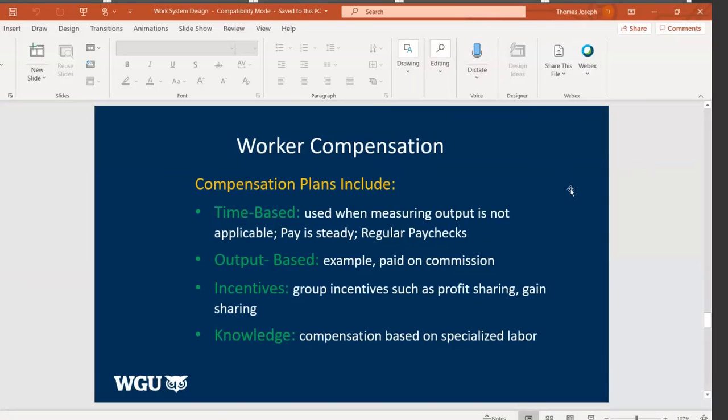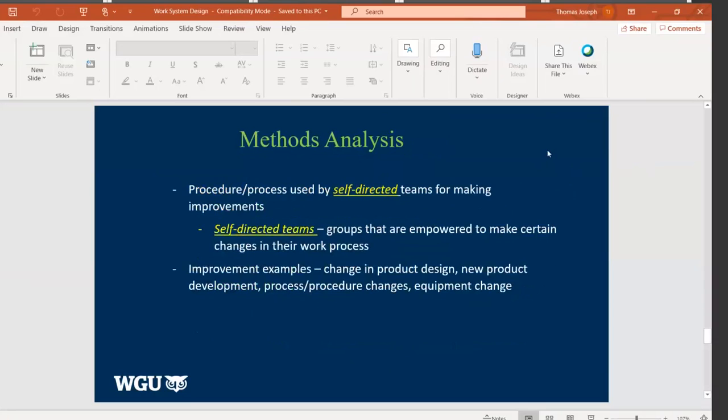All right. So that's compensation, worker compensation. So considering job design, work measurement, and worker compensation, it is important, as we said before, for an organization to take the necessary steps to improve. Improvement means we're getting better, we're becoming more efficient, more effective. And if the organization is getting more effective, then it's better able to serve its customers and to have customer